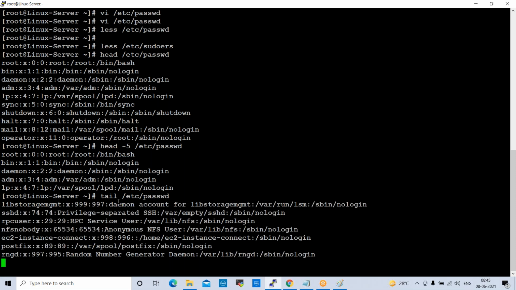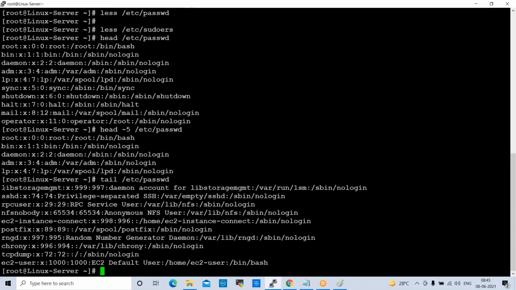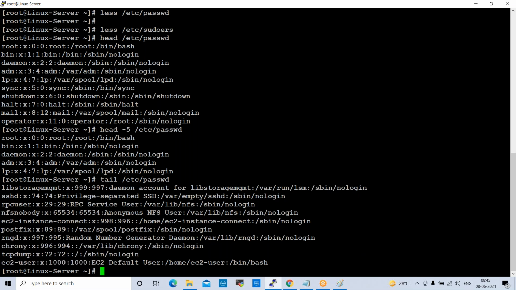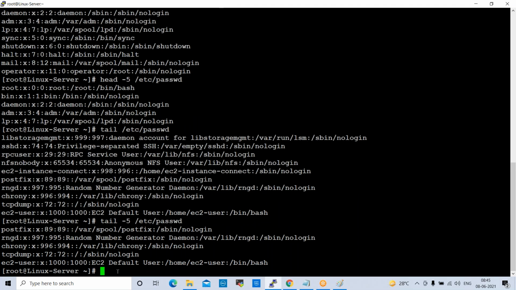Enter here, see here, the last 10 lines it is displaying. So in this passwd file, the last 10 lines it is displaying. Now I want to display the last 5 lines. In that case, tail space -5 /etc/passwd. See here, the last 5 lines it is displaying.